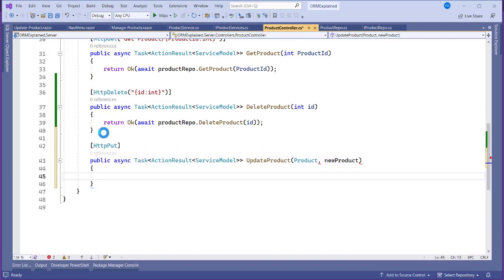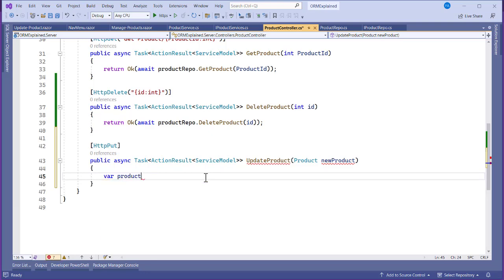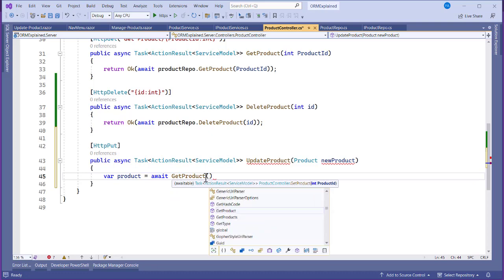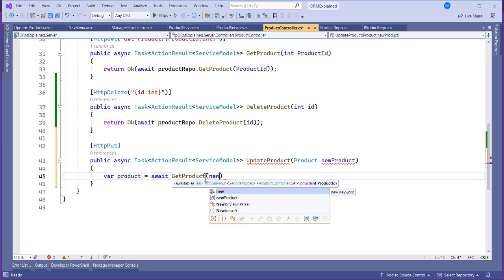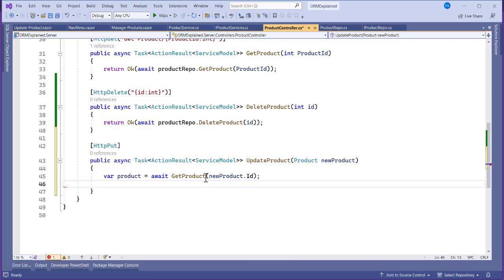Okay, so product, new product, there's no comma here. Now we first check if our product is equal to await get product. We pass in new product dot ID. So we first make a search to see if it is found. So if product dot single